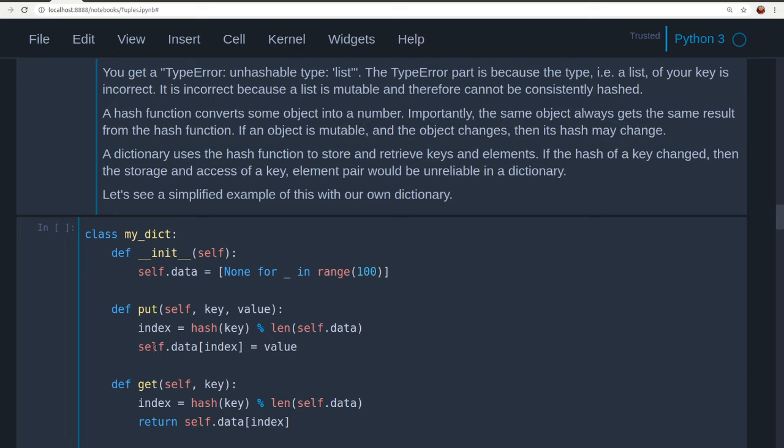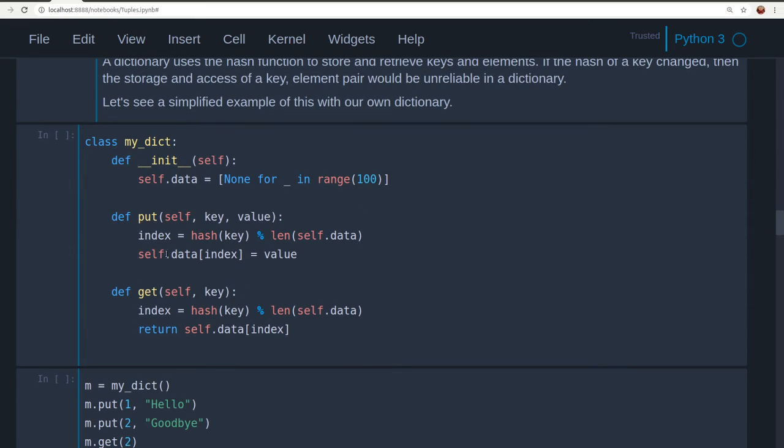And then we're just going to say self.data sub index, the index that we calculated with this expression, is just going to get our value that we're trying to store. And so the simple reverse of that is the get function, which again calculates the same index and returns whatever is at that index in our data list. So this is just a very simple way of thinking about how a dictionary might work. This would let us insert and retrieve elements at constant time